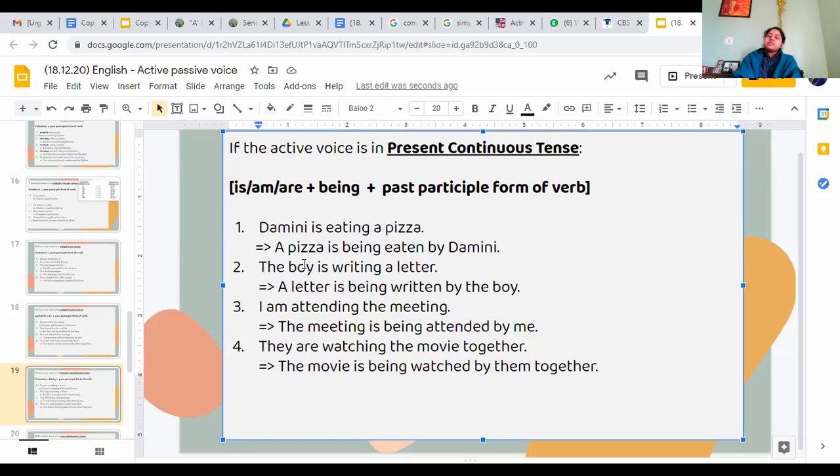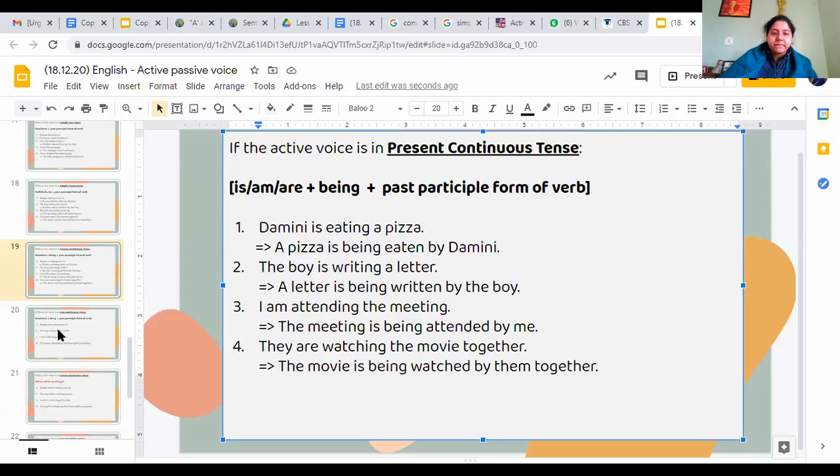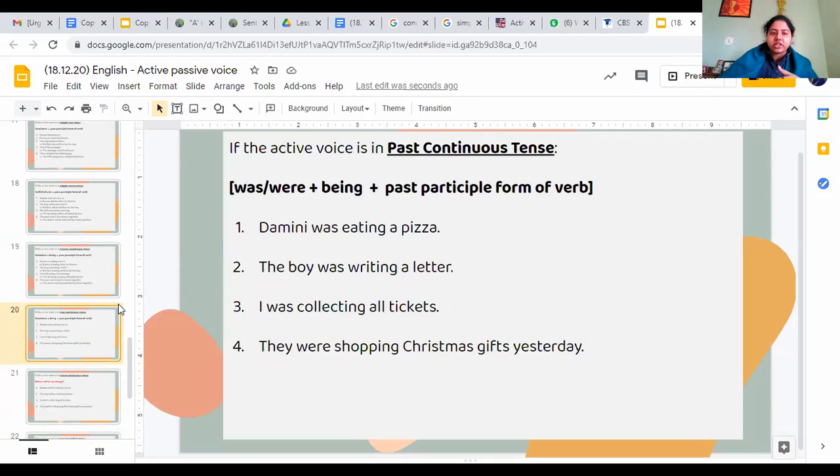All right. Present continuous tense हो गया, clear है सबको? तो we'll move on to past continuous tense. इसमें is, am, are के जगह was या were आ जाएगा. That's the only difference. ठीक है. In past continuous tense was या were लगेगा, साथ में being रहेगा and past participle form. ठीक है. What I want you to do is take the next 3 minutes, write the answers in your notebooks, and then any two people you can unmute and tell me the answers after that. I'm going to rest my voice for 2 minutes, and after that you will tell me the answers. Start writing in your notebook.